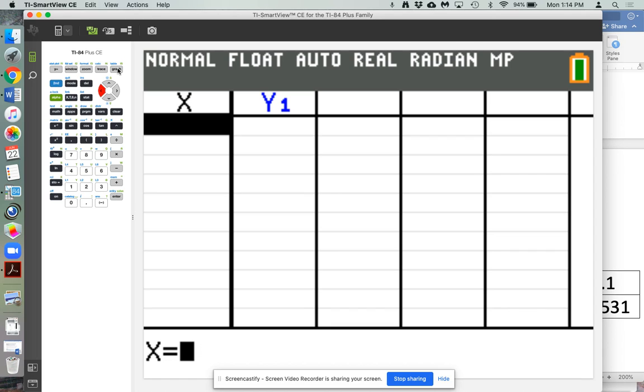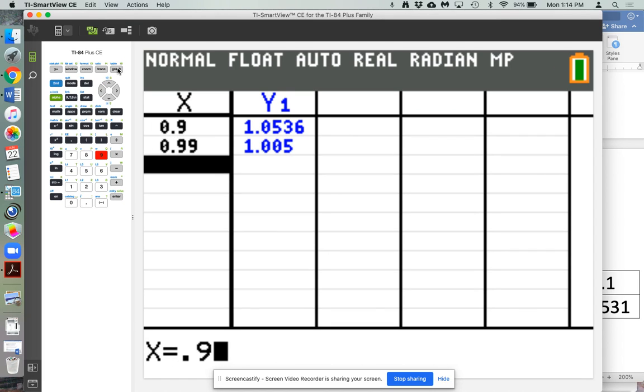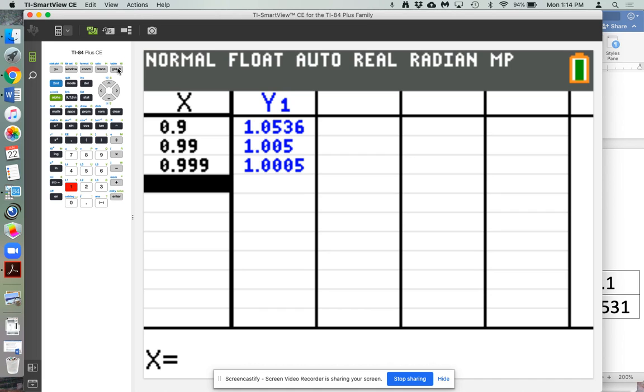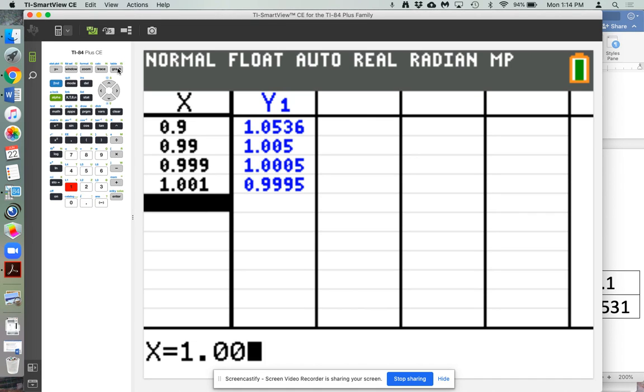Now, I like this method because I can type them all in at once. It makes it easy to copy. Oops, too many. And I get all my numbers right here in front of me. I'm having a hard time typing, but the table is a